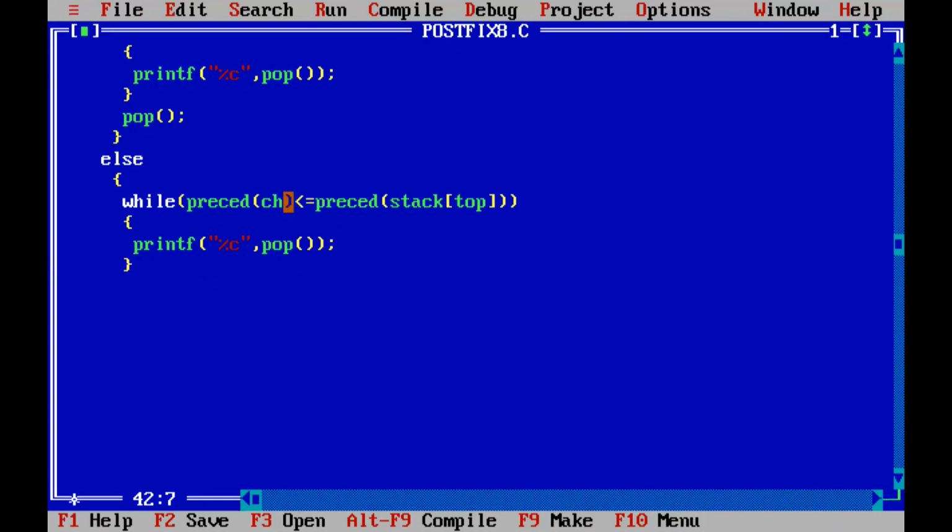When it is greater than, so this while loop will be executed many times. In case if it is lower precedence means we will be popping out the topmost operator. Again, it will come and check whether the incoming operator is having the precedence lesser than the operator on top of the stack. If it is again lesser means again it will pop out.